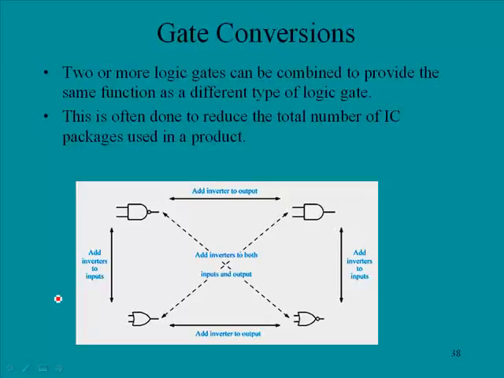Now if we have a NAND gate and an OR gate, and we need NAND gates, what we could do is add an inverter here and an inverter here, and let's look at our logic and see what would happen. Remember, with a NAND gate, if we had a 1 and a 1, then the AND gate would give us a 1, but since it's inverted we would get a 0. So let's check this out and see if that would happen here. If we had a 1 and a 1, those would both be inverted to 0,